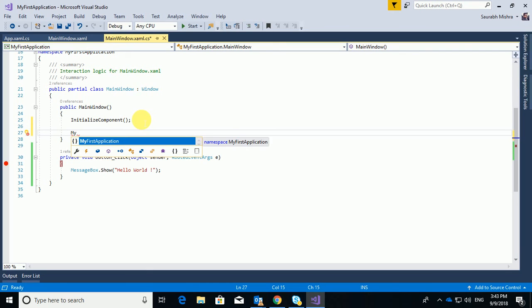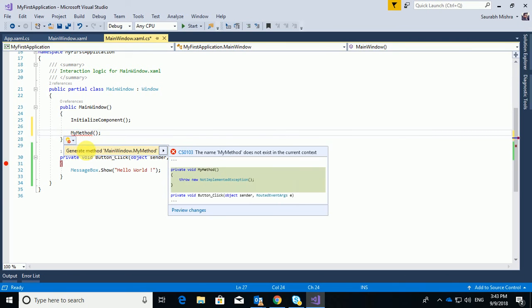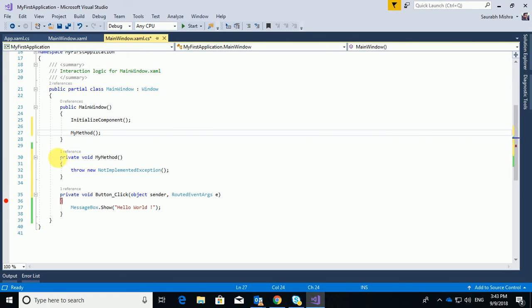I'll name it as my method, and I will generate the method body. So here is your method, my method, and what I'm going to do in this method is I'm going to sum two integers.